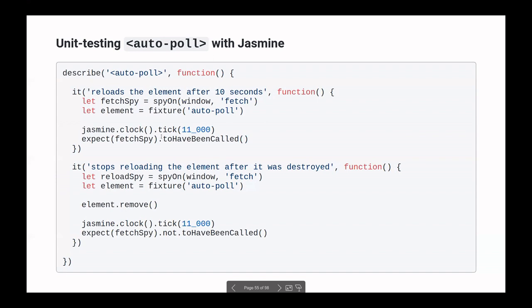I test that the element is reloaded after 10 seconds, and I also test that the element is no longer reloading when it was removed from the DOM. And there are some niceties in Jasmine. You can mock methods, you can mock the time. It's really a nice environment once you get used to it.